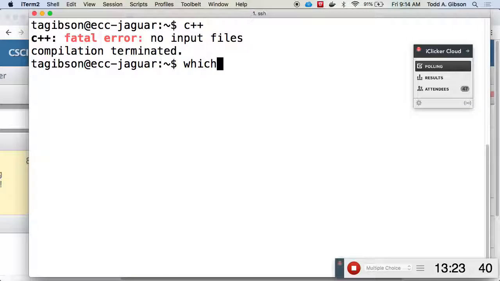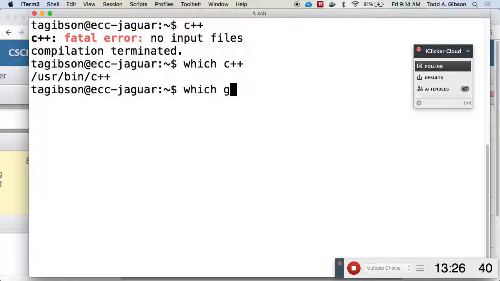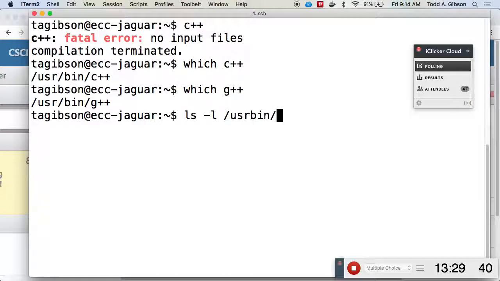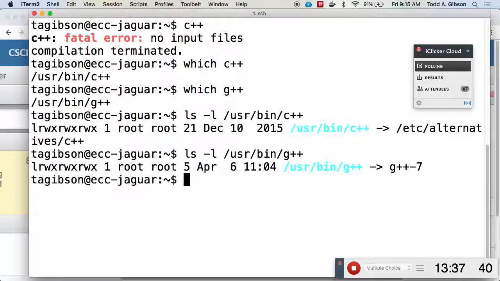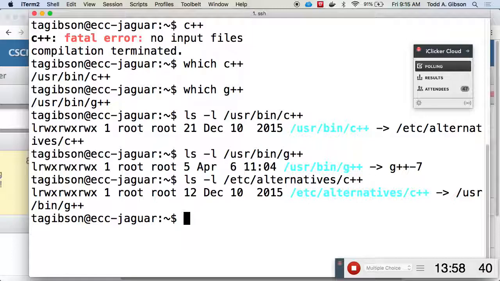Let's see. I couldn't tell you offhand. They look like they are different. I can't tell you offhand how they're different. Ah, look at that. That's funny. They aren't different at all. So